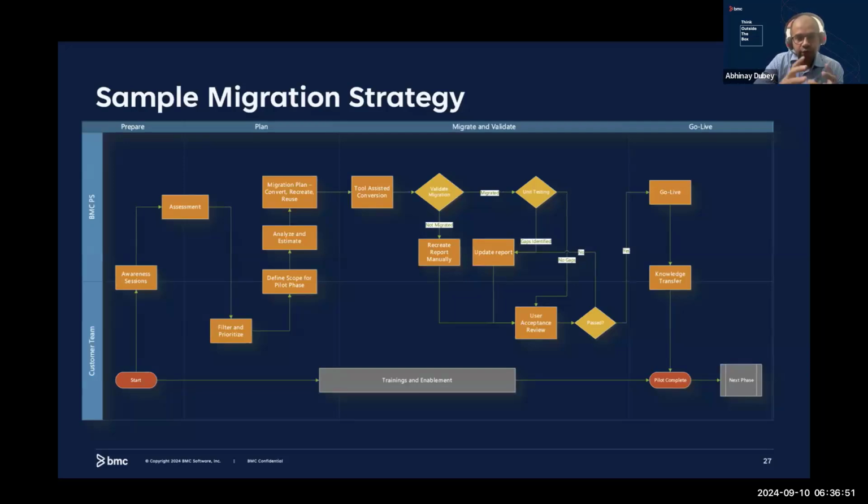So once we have defined the scope for the pilot phase, which would be a small focused set of reports, we do the analysis and estimation. What do I mean by analysis and estimation here? Estimation is how much time and effort we are going to take for this small set of reports. And the analysis is essentially identifying the right migration plan for each of those reports, which will map to either